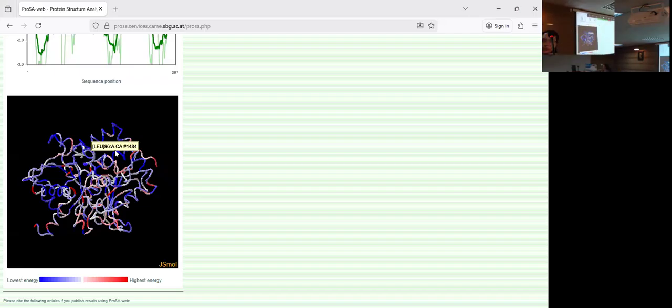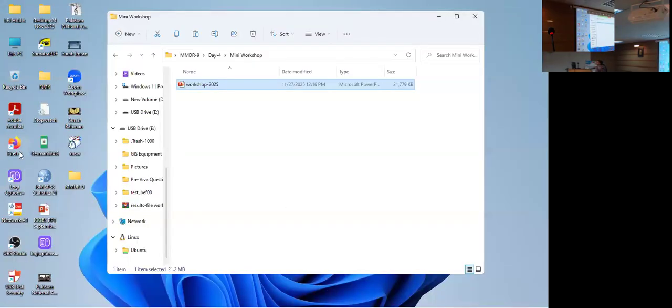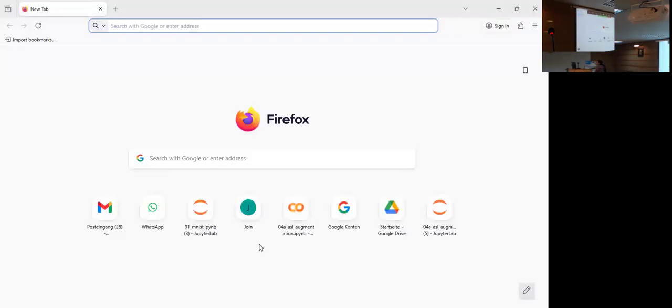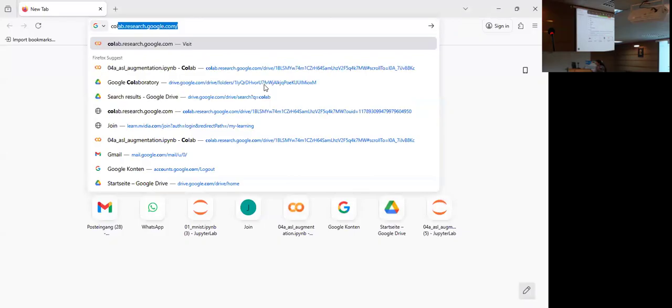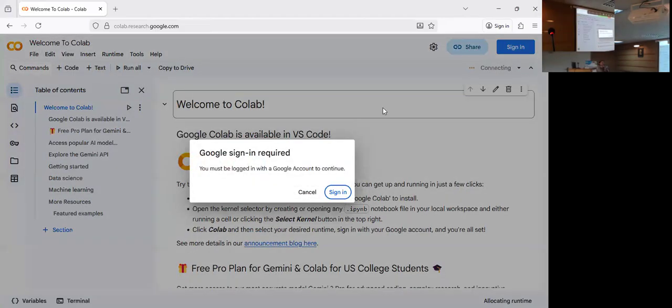If I show you, this section should be connected.